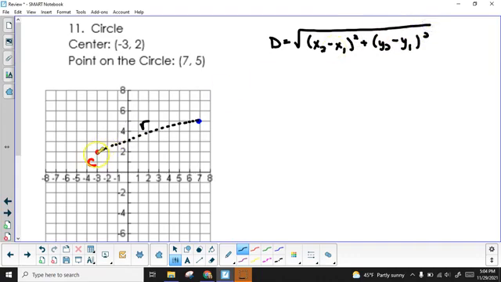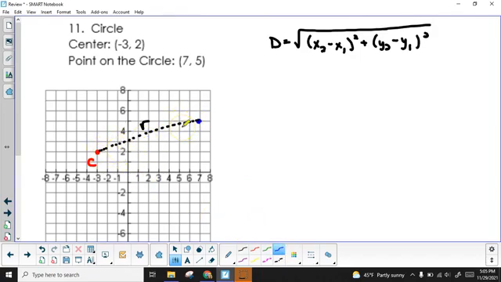It doesn't matter if you call this center point x1, y1 and this other point on the circle x2, y2, or if you flip-flop those. But you do need to be careful with your signs, which is where some students struggle. So I'm going to actually recommend we do this in a slightly different way. To find this